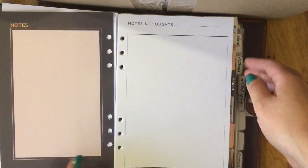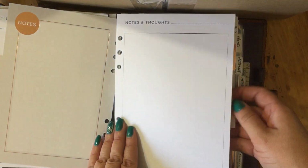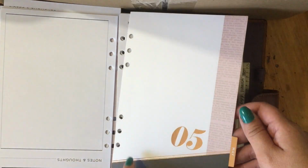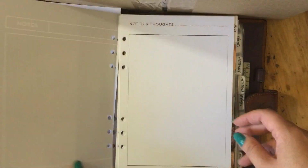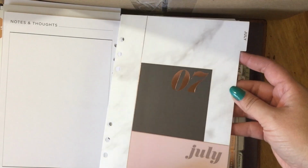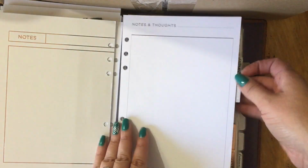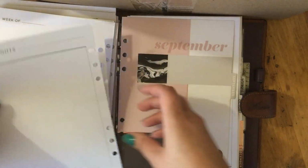And I'll go really quickly through each divider. That is another thing I'm going to show you in a second. The inserts that I want to order from Franklin Covey for my compact that I just showed you, the equivalent to the personal size. I really want to order them, find out they're like $1 million, and they don't even come with month tabs. This pack at Michael's, by the way, the paper is really good quality, and I know it doesn't